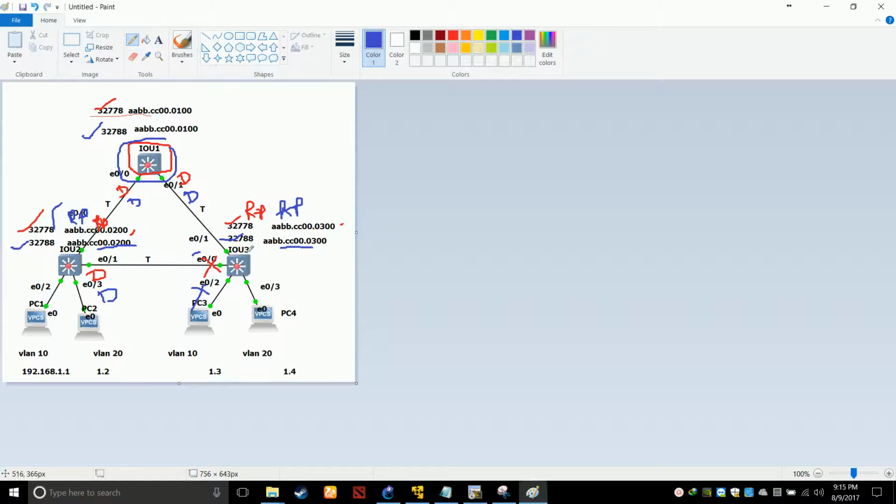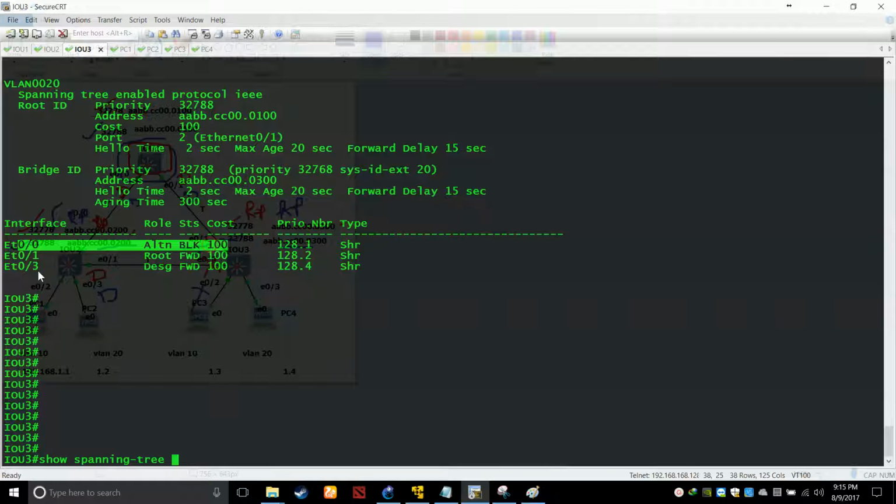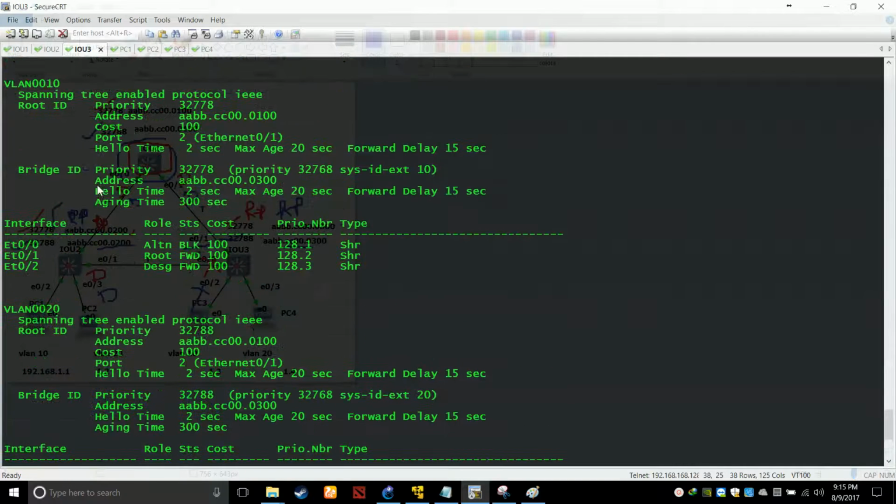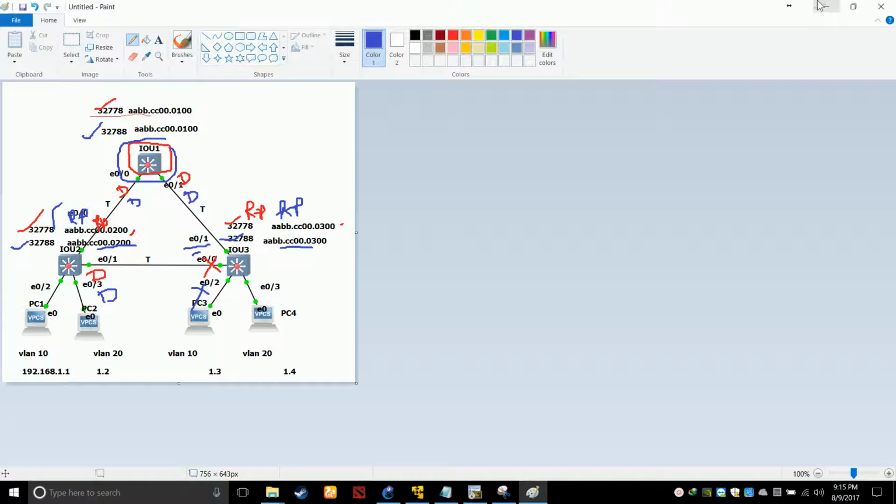Who is the root port? E01. E01 is the root port for VLAN 20 as well as for VLAN 10. So the problem is, yes, we are running spanning tree two times, but the same result is happening that was happening before in classical spanning tree.